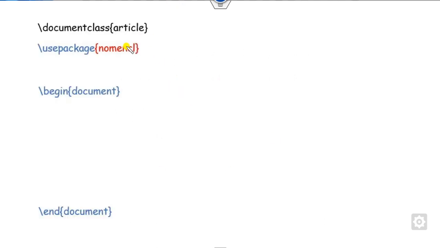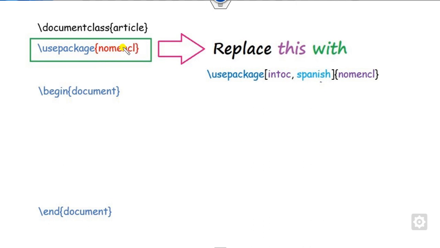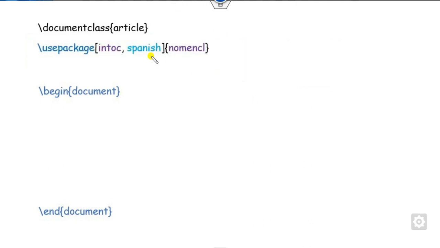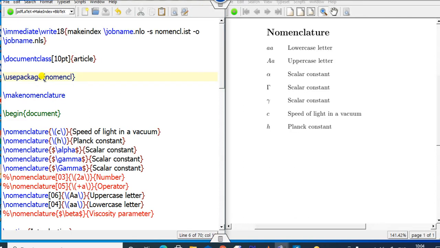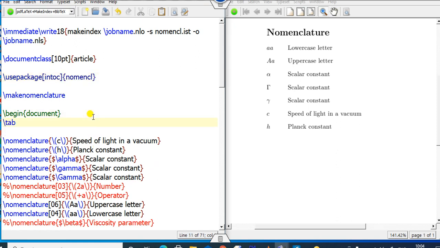So you can see this is the syntax we have discussed. What you can do is simply replace this line with this one, INTOC. INTOC means in the table of contents. This is the language option. So look at that, I can change it here in the LaTeX file also. I can change the INTOC, and write here table of contents.